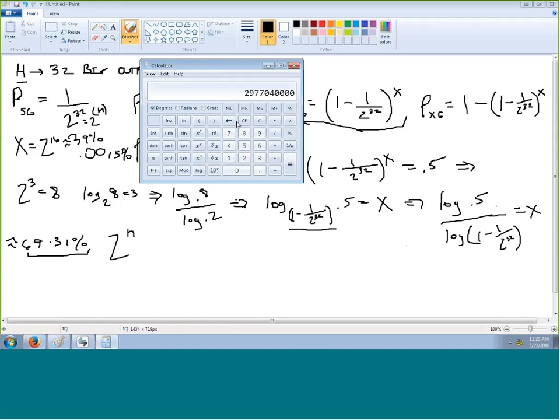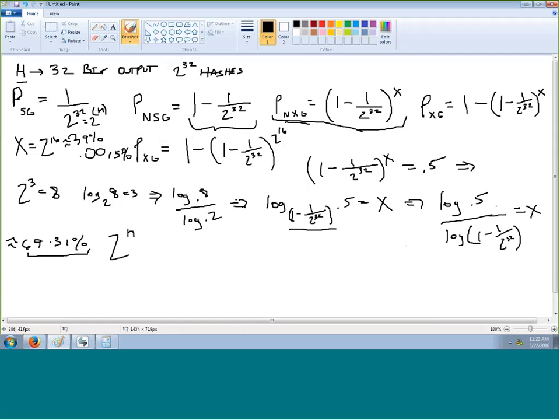I can tell you what this exponent n will need to be here. Remember our little 2 cubed equals 8 example here. So we can say what? 2 to the what equals 2,977,040,000. And this will be the same. It should be a 0, and that should be a 0. So this will be the same as